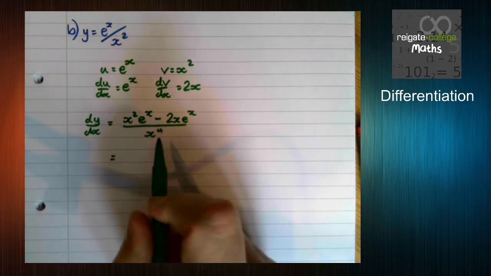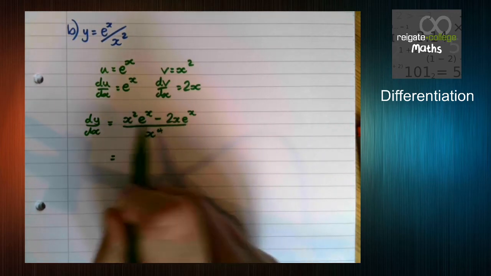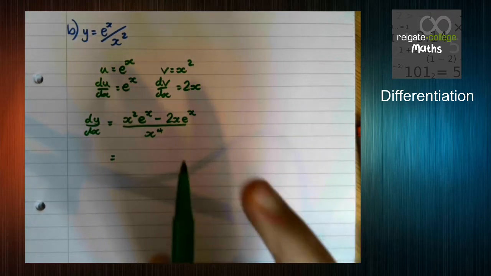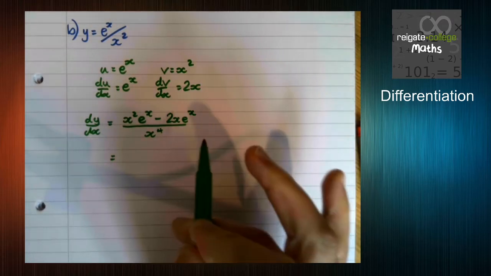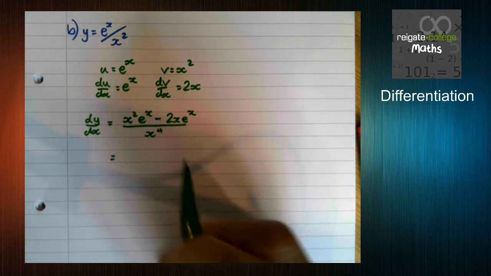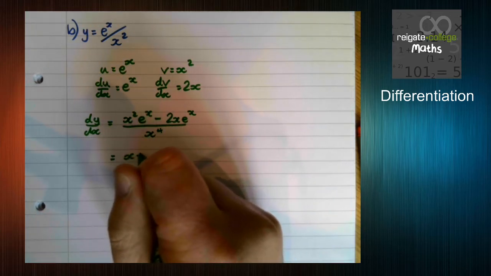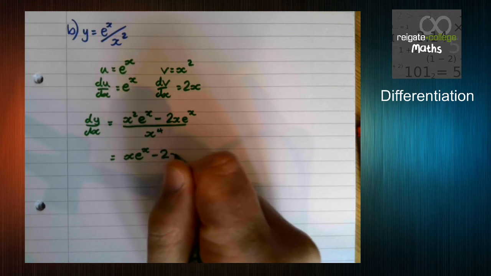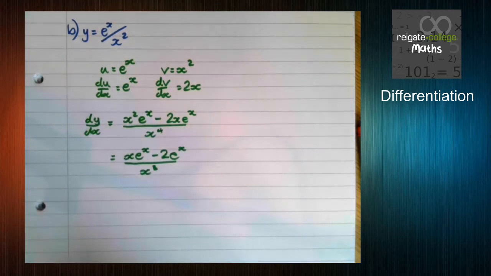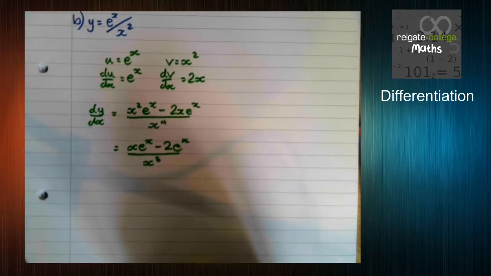Now with this one, you can see we can factorize, but it's also very easy to simplify. And if it looks very simple to simplify, you generally should. So we can see every term has an x in, so we can cancel one lot of x's out. And we end up with x e to the x minus 2e to the x over x cubed. Next example,